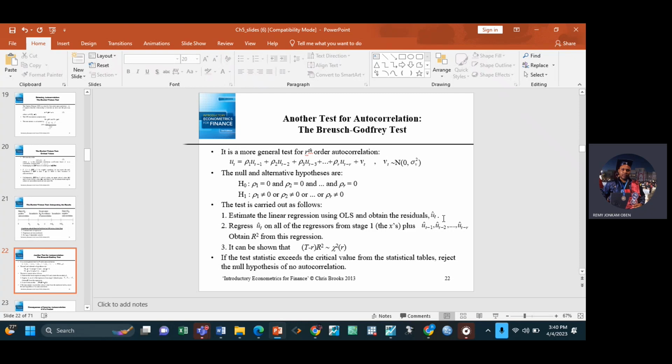Okay, guys, so just have it in mind that the Breusch-Godfrey test is a better test than the Durbin-Watson test, right? And I gave you 2 important disadvantages of the Durbin-Watson test. It tests autocorrelation only at order 1, and we have this zone of indecision. With the BG test, we don't face these problems, and it can test autocorrelation if the order is more than 1. Okay.